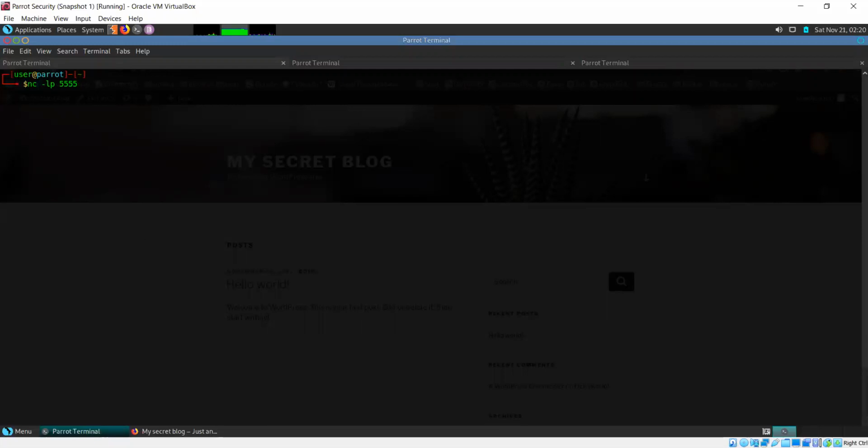Actually, it's a good practice to use V and N as well. V is to make the output more verbose, and N is to tell it that we don't need DNS resolution. We're just using private IPs here, so DNS resolution is not going to be possible either.